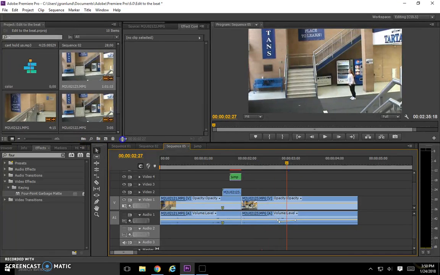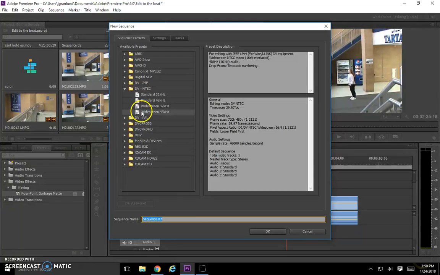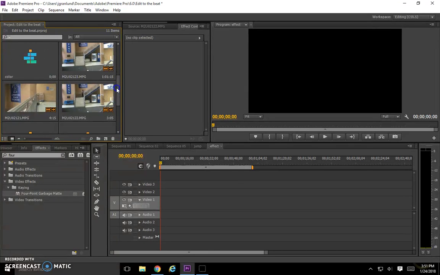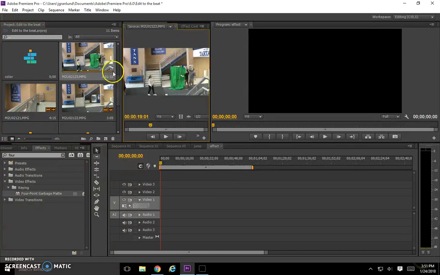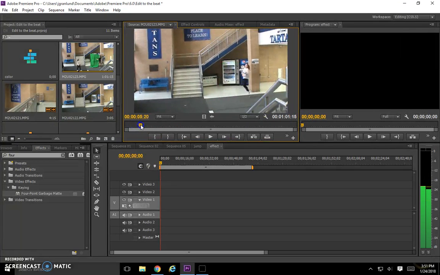To make a new sequence for this, we're going to click the new icon here, go to Sequence, and widescreen 48. We'll call this the effect or something like that. And then in the effect, we're going to grab our footage. So here's our green screen footage, and we're first going to get